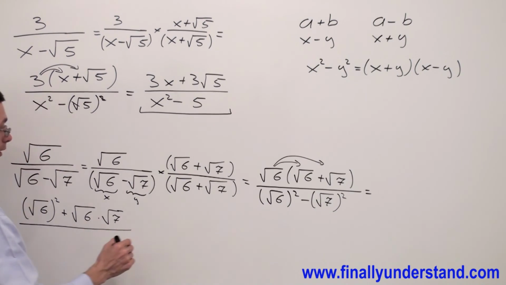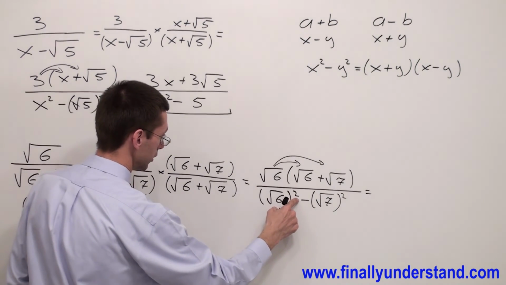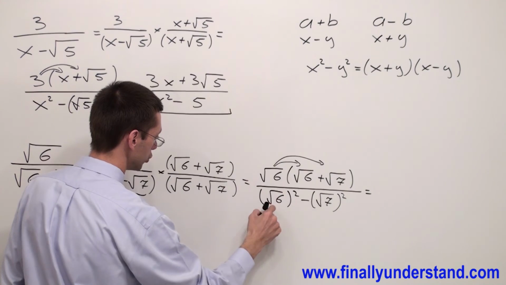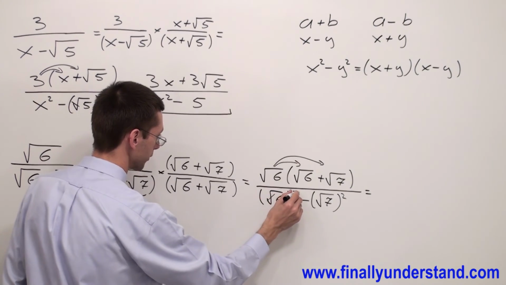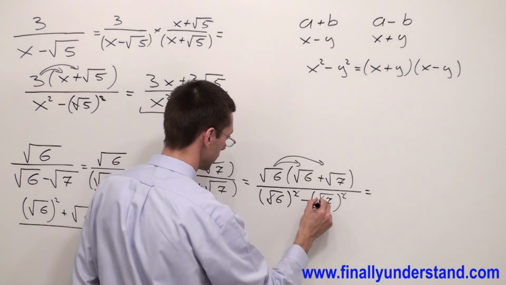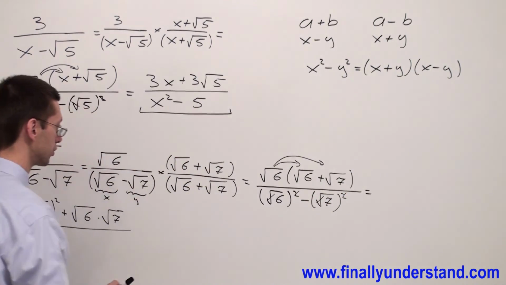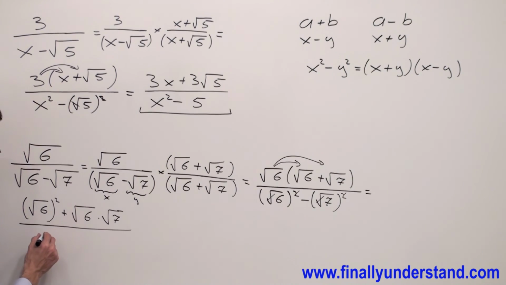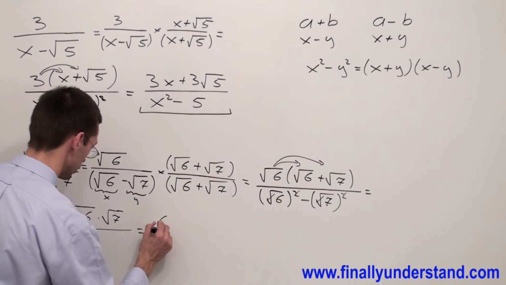The second power is going to eliminate my radical sign, and this exponent is going to eliminate my radical sign also. That's why I'm going to have 6 minus 7 in the denominator, equals. Now this exponent is going to eliminate my radical sign, and I'm going to have 6